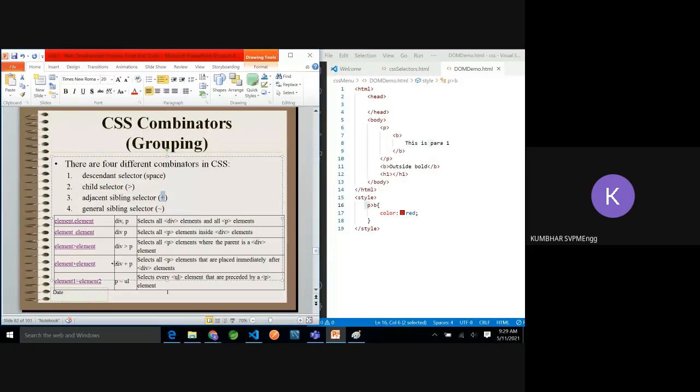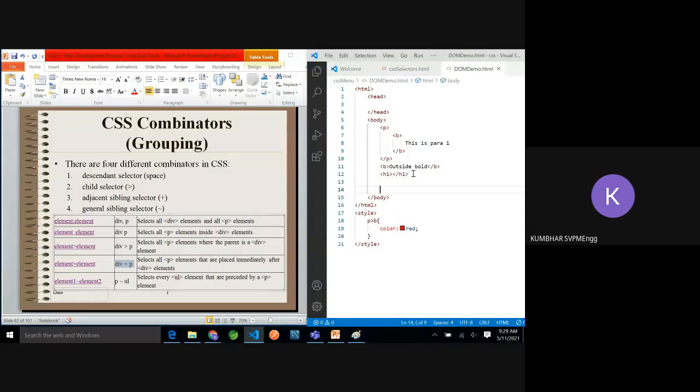Suppose div is one sibling and paragraph is another sibling. When I write div plus P and apply some style, it will select all P elements that are placed immediately after the div element. Immediately after means, suppose div is here and one paragraph is just after this div.